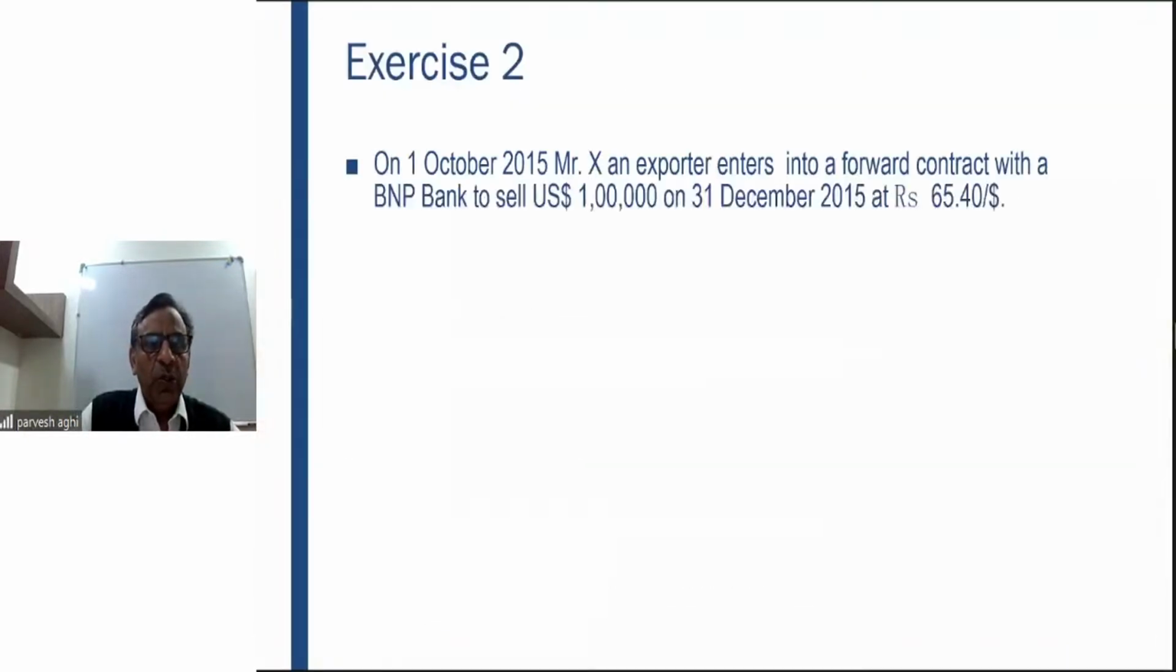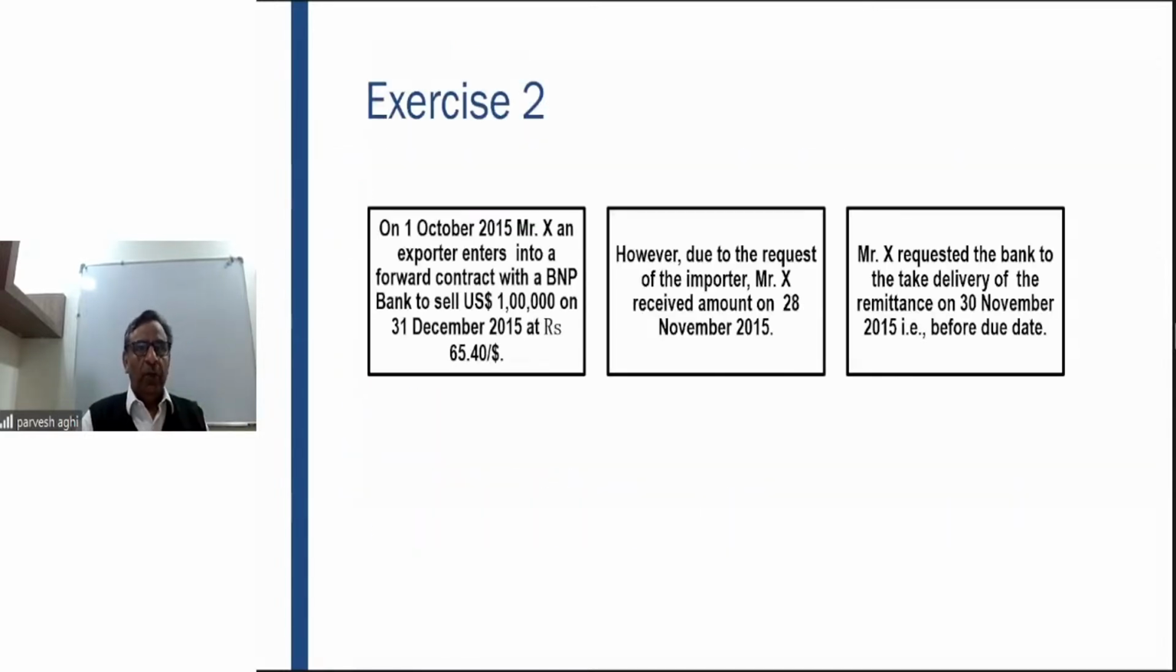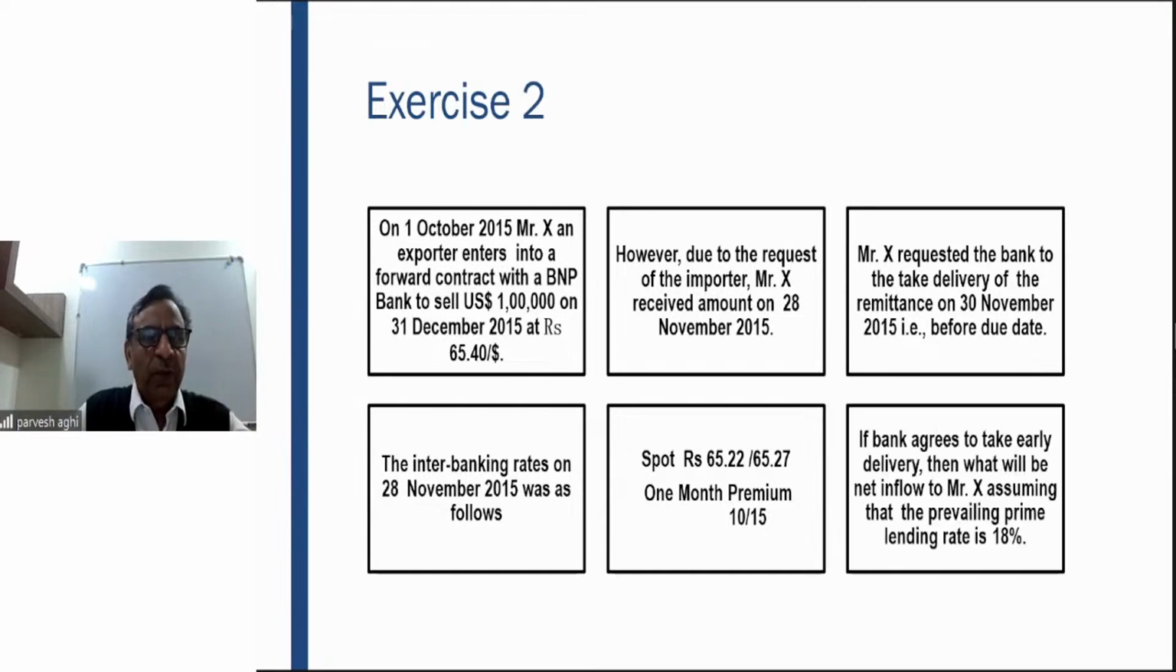Okay, so let's do a question so that you can understand this. I'm going to solve this question on the board. First let me read the question, and then I'll go to the board and solve it. On 1st of October 2015, Mr. X, an exporter, enters into a forward contract with BNP Bank to sell US dollars 1 lakh on 31st December 2015 at rupees